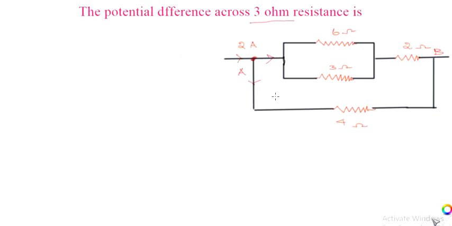For that we have to find out the resistance of this arm, AB. I call this the upper arm and this one the lower arm. We have to find out the resistance of this upper arm and this lower arm. Then only we can find out how much current is dividing in each branch. Here there are 3 resistances, so before doing that, we have to find out the resistance of these 2 resistances.